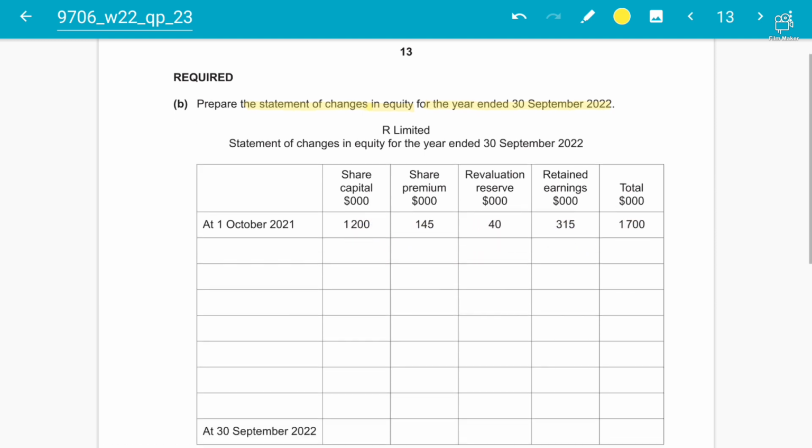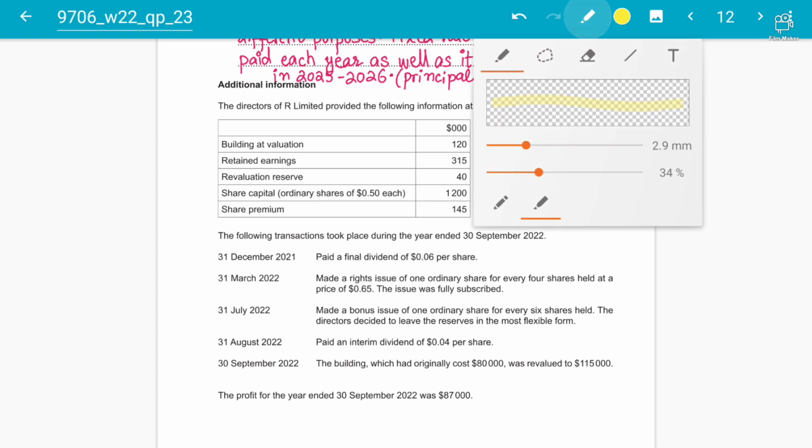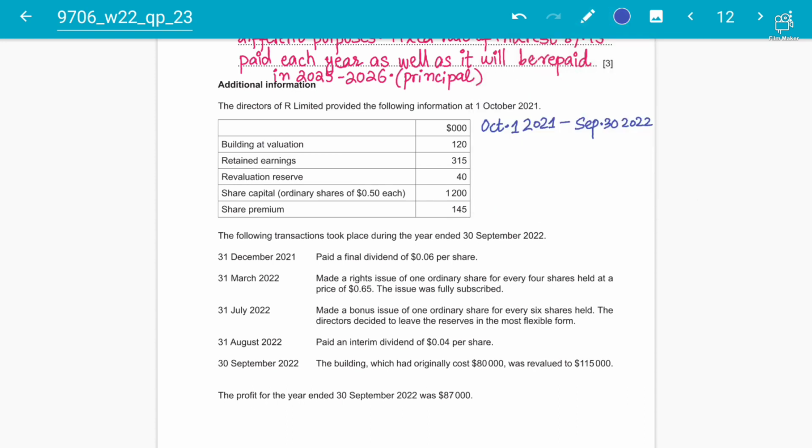And that is why it's 10 marks. Now, the first thing, as I always say to my students: find out how many shares there were at the start of the year, okay? So at the start of the year, the first adjustment will be in the black one, that you should know.